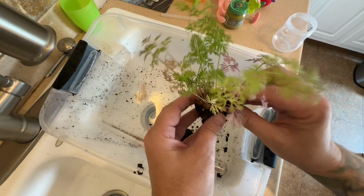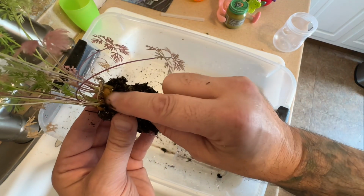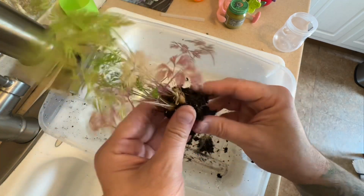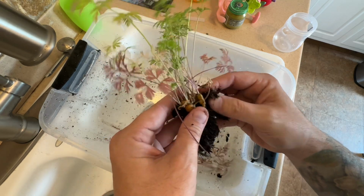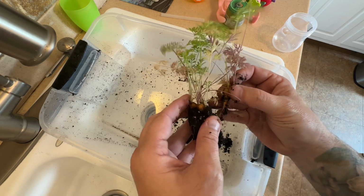growing underneath. Oh, I can see them growing out of the top. Let's see if we can get a good look at these. Look at those little tops. I see the tops of little carrots. All right, let's peel away some more of that dirt. Oh, these are the tiniest little carrots ever, but let's pull them out of the soil and get a good